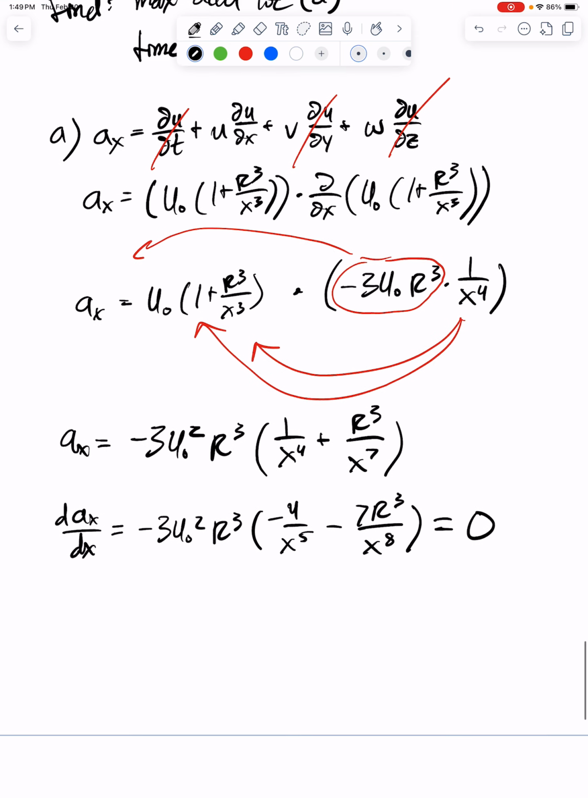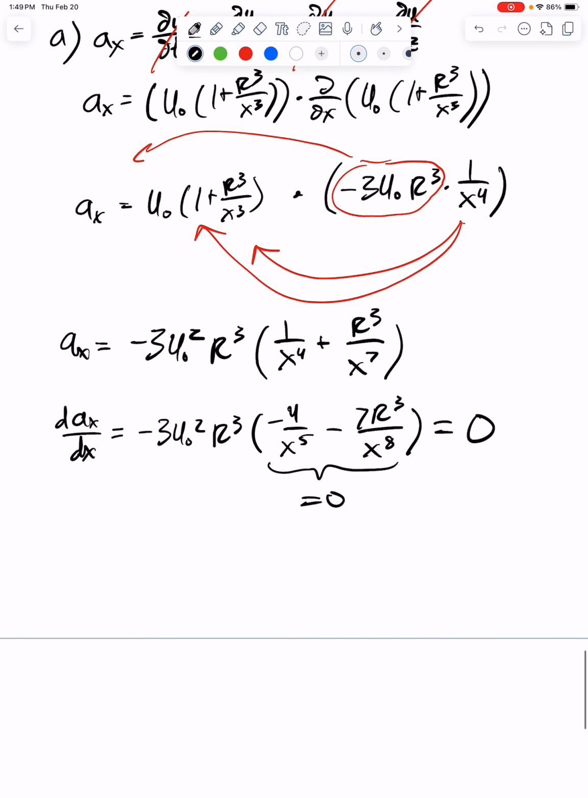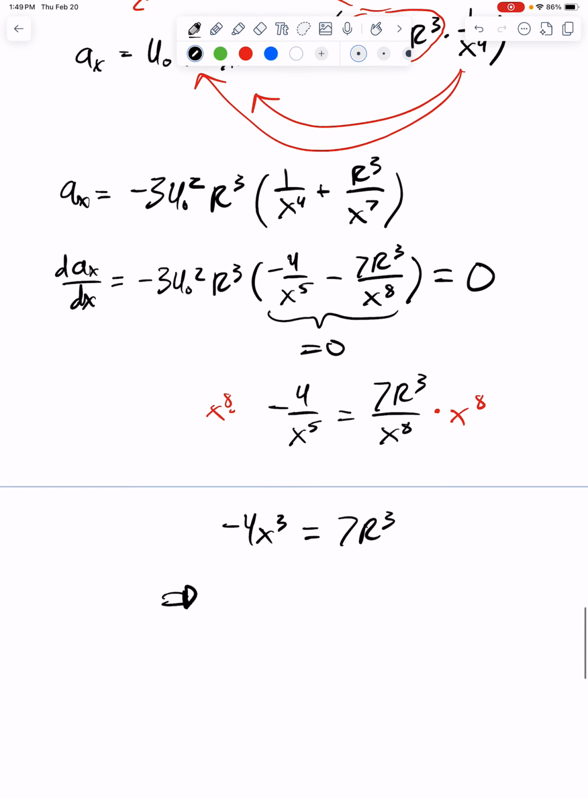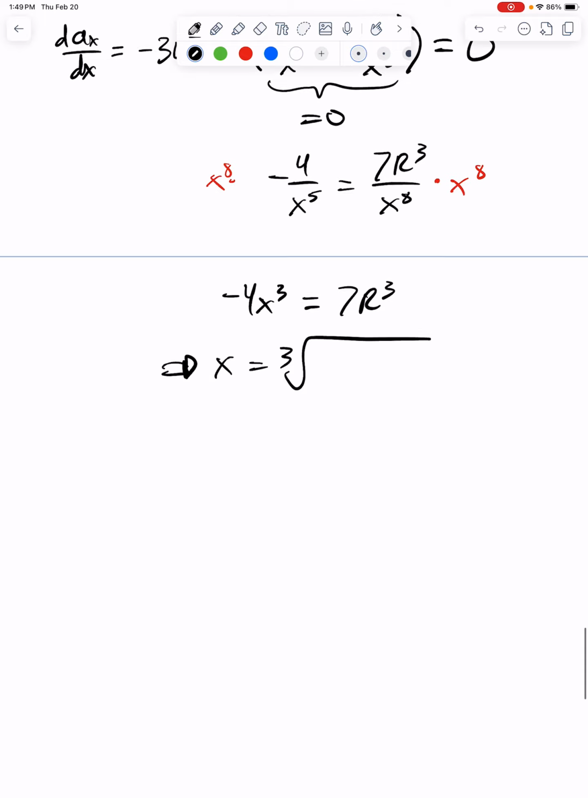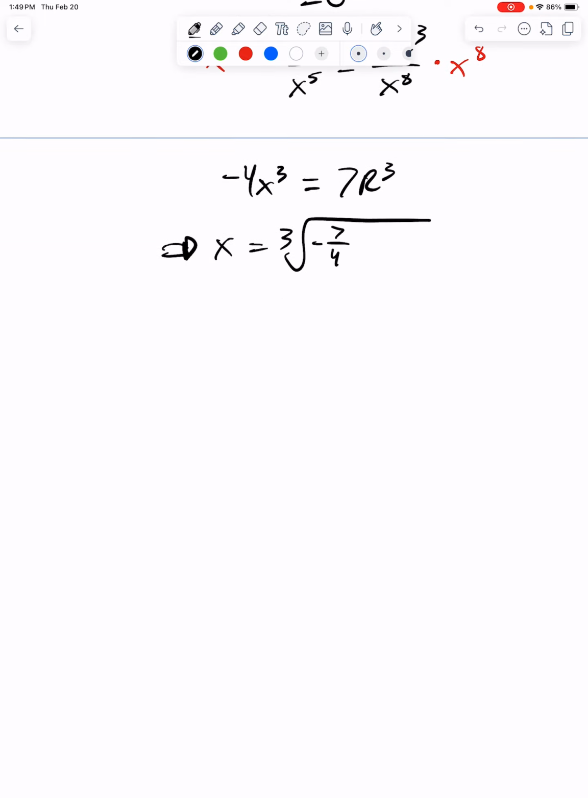The first part is a constant, so this part here must equal 0. I'm going to move the right term to the left side of the equation. So I get negative 4 over x to the power of 5 equals 7 r to the power of 3 divided by x to the power of 8. I'm going to multiply both sides by x to the power of 8. This gives me negative 4 x to the power of 3 equals 7 r to the power of 3. Isolating for x, I get x is the cubic root of negative 7 over 4 r to the power of 3. If I were to plug this into a calculator, what I would get is that x equals negative